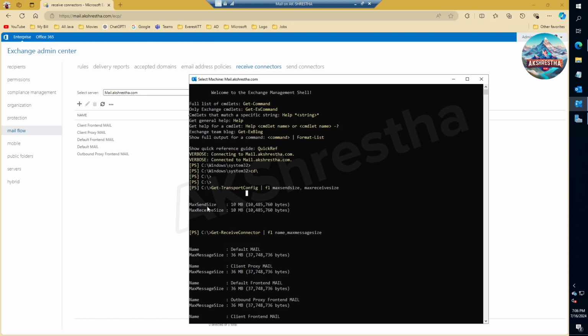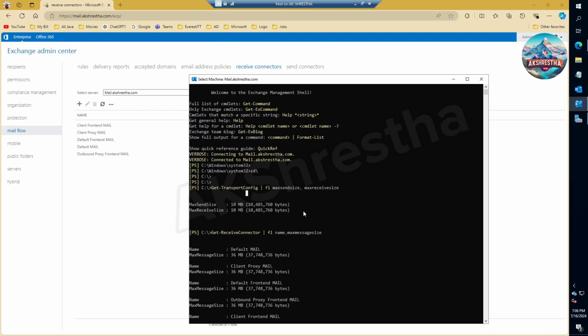Max send size and max receive size are two important parameters within the transport config that control the maximum size of a message that can be sent and received